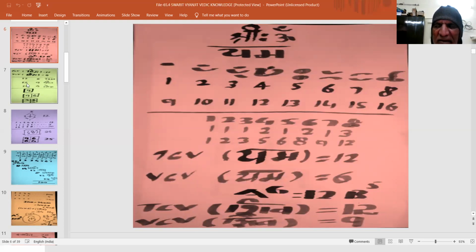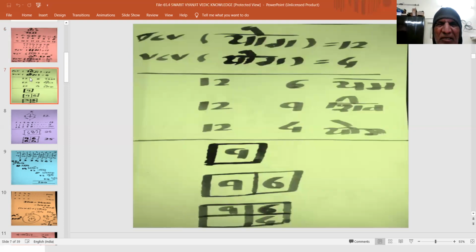Values 6 and 12 are coordinated as a raised to power 6 is to 12 b raised to power 5. Hypercube 6, the representative regular body of 6 space and 4 space, is domain boundary formulation 6 is to 12. The transcendental code value of formulation Shiv as well is 12. And the VC, Vedic code value of formulation Shiv, is 9.